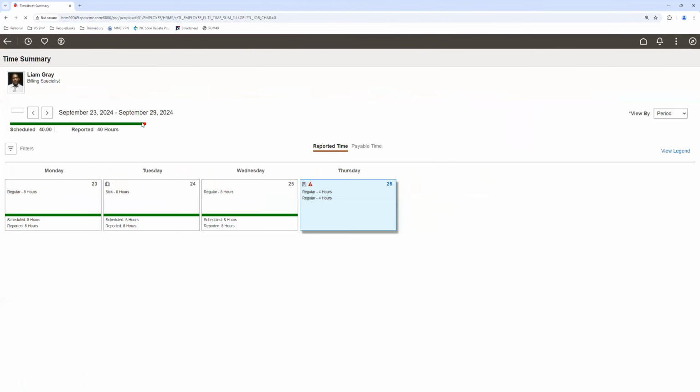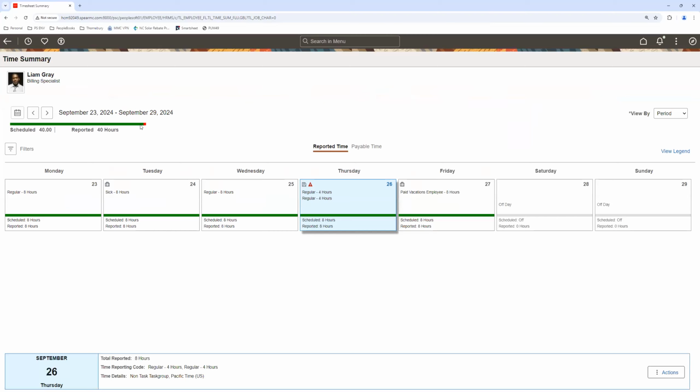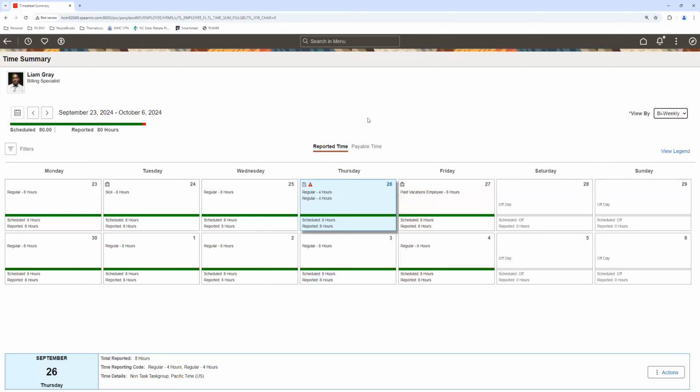I'll move to the next one, which is also really useful information that is available in here. So once again, we can look for information as to how we want to slice and dice this. What I want to show here is essentially what we would call review information, which has come in very useful for customers where we have enabled this functionality as part of a time and labor implementation. It is a simple read-only view for both employees and managers. Managers also have access to this view of people reporting to them, where they can easily view in a single page